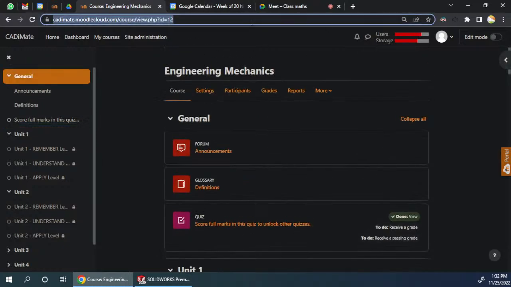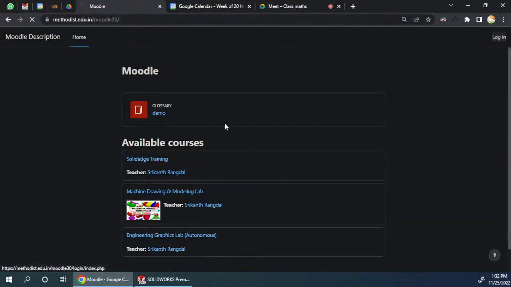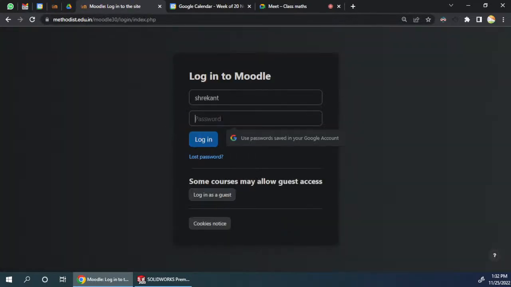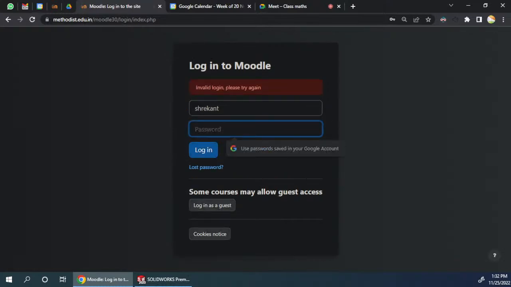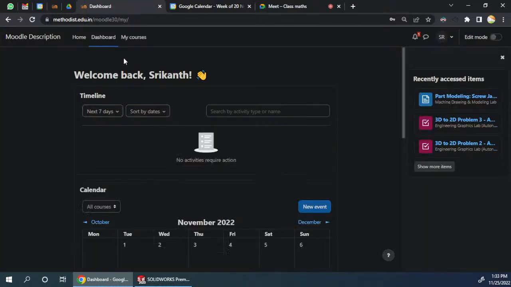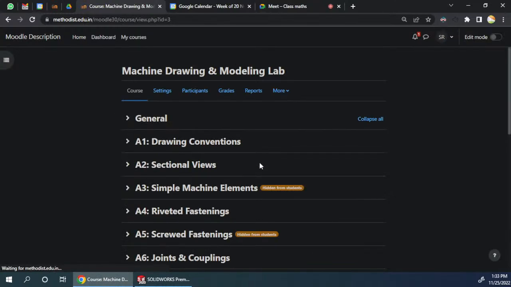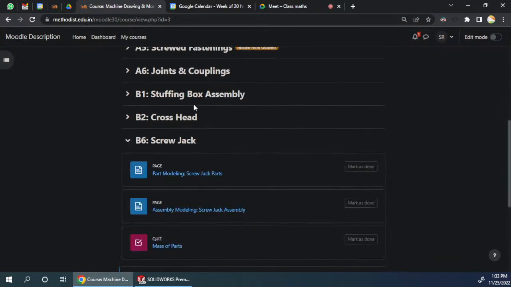I think we'll have to open the college website, log in, and when you see your courses, okay, as soon as you're inside, go to my courses and open machine drawing and modeling lab. The name is slightly different this year. Okay, so I had developed it last year. Let's follow the same. So go to part modeling,